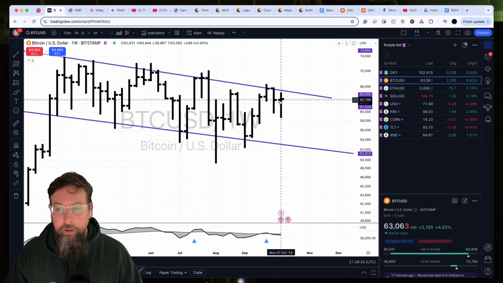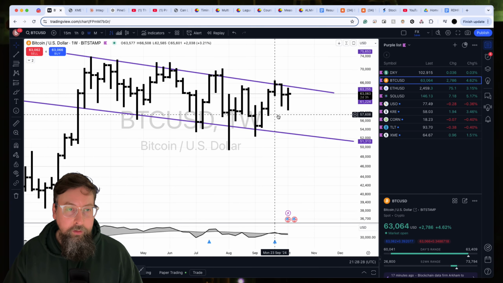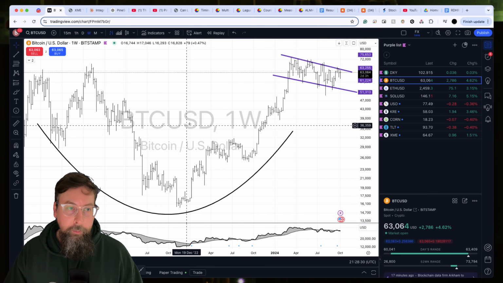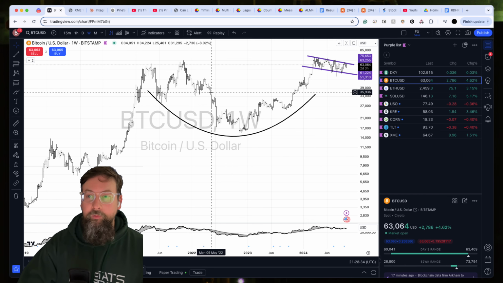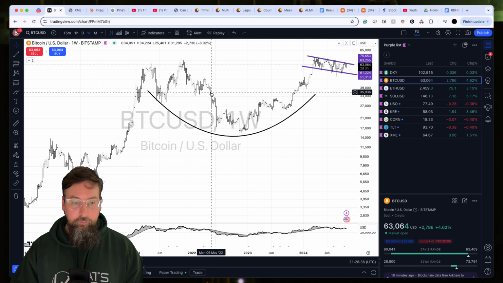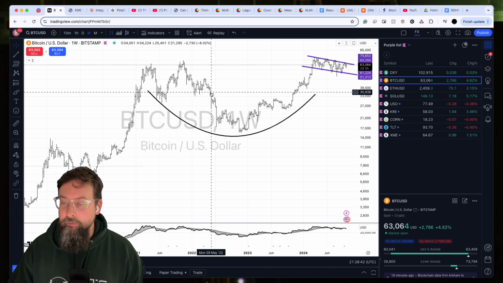And we closed the week pretty much break even. Two days to go on the weekend, but we close the week at break even. This cup and handle pattern is still intact. I'm still owning a little bit of Bitcoin. I'm still waiting for the breakout in order to get involved more. If that breakout happens with what I have currently, I'll be very happy, but I'll be adding to that to see if we can get something that looks really good.